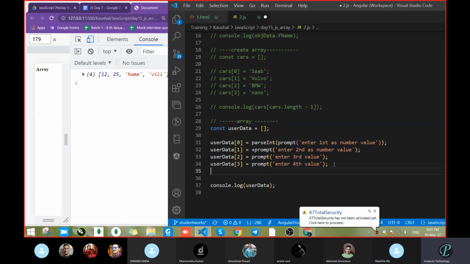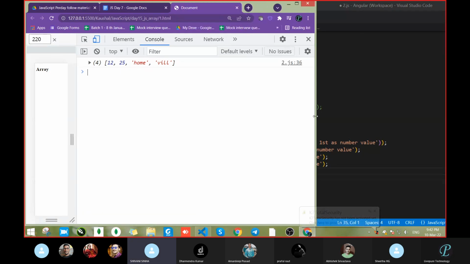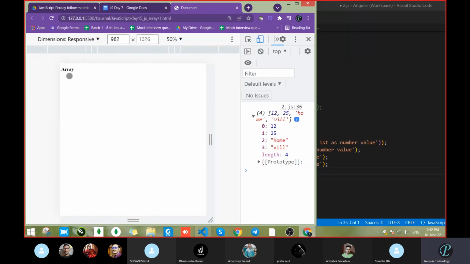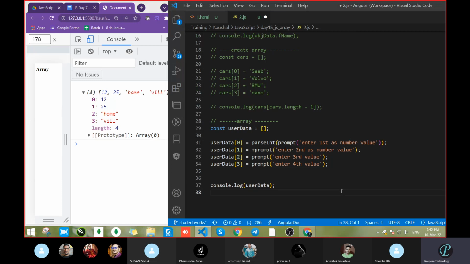You can do all the manipulation, but you have to think accordingly where it will work. If I want to change only one color, the user data 1 output, in the console, does style work there? No, in the console a style will not work. Style works only on the HTML page, where the array is written. There it will work. With the help of an ID, we can do it. We can manipulate accordingly. That's not an issue.